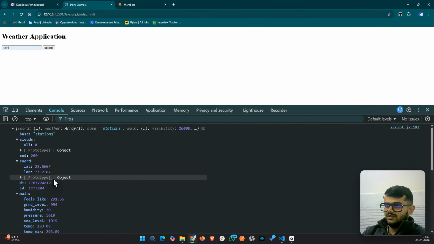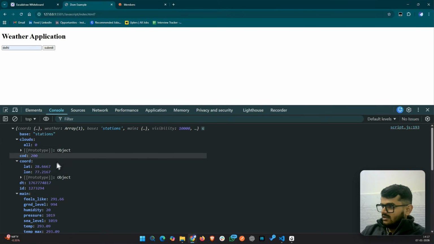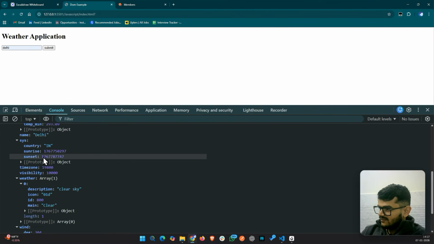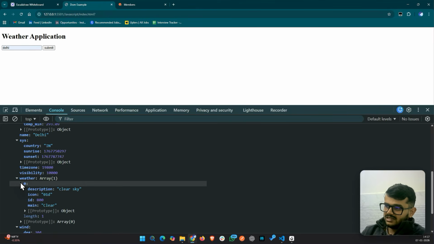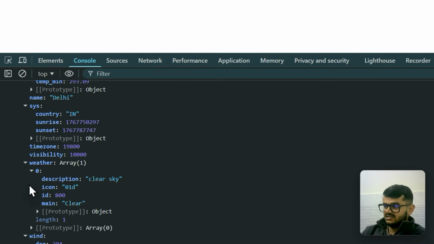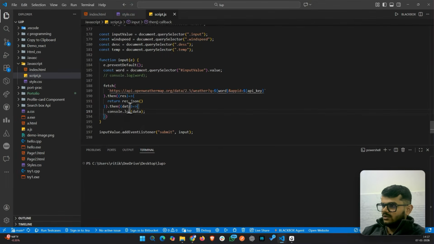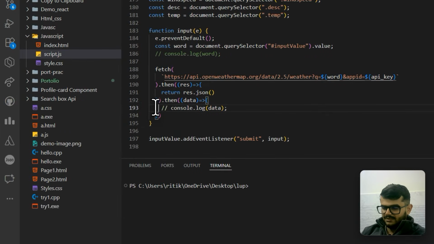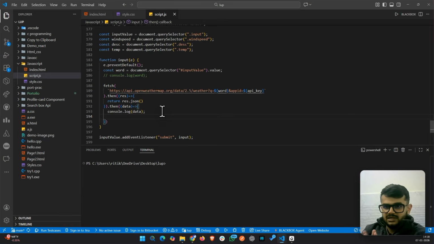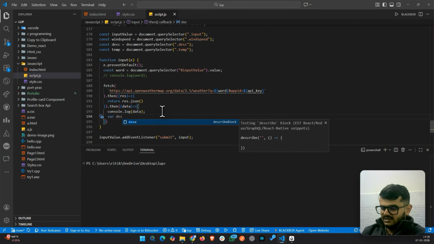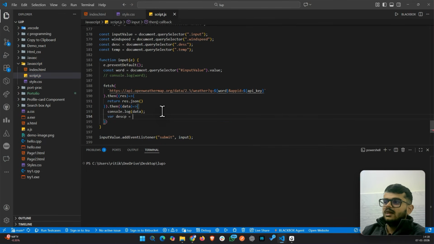Because we know how to access objects, we can use the knowledge of objects to access the data. The first thing we will need is the description. To actually get the description, I think we saw it somewhere here. If I come to this weather, in the 0th index, we have a description. So let us do that. I'll come up here, comment this out, or maybe I'll keep it. Because we know how the data is stored, I can say var, to store the description, des equals to